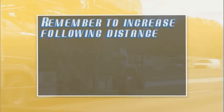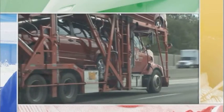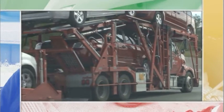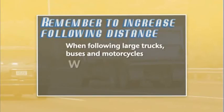Following distance is critical on expressways. Because of the high speeds, always try to maintain a following distance of at least 4 seconds. Remember to increase following distance when following large trucks, buses, and motorcycles. Following large trucks and buses too closely blocks your view of the roadway ahead and may put you in their blind spot. When weather conditions worsen,